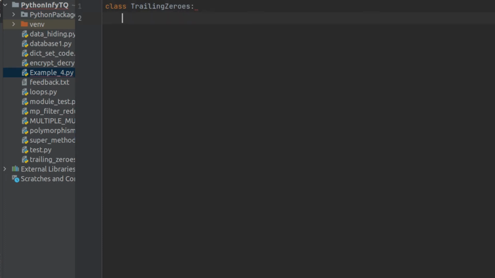This is my main task over here, and inside this I will be creating one method, and that method will have the complete logic. So let me just write it. Let's say remove trailing zeros, right? So this is my task over here. Now the first thing is that I have to ask the user to enter a number, and that number will be some argument. Let's say number is this, and accordingly my next logic will come as per this number.